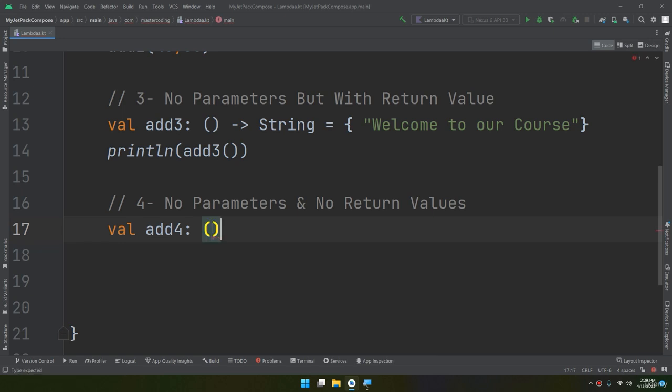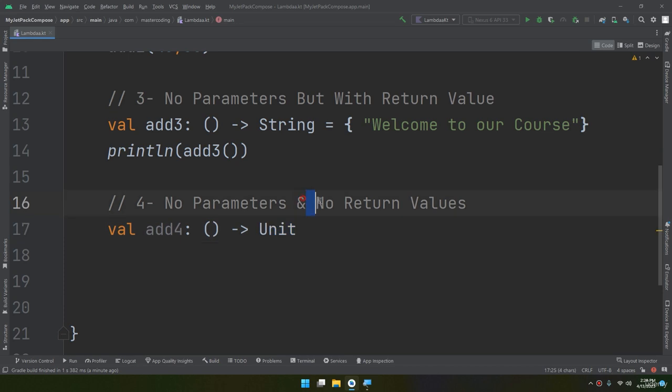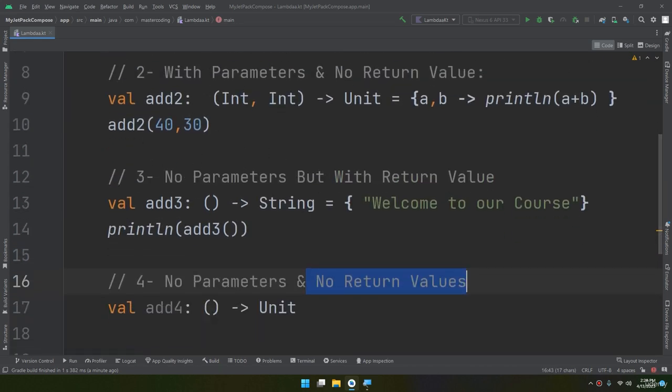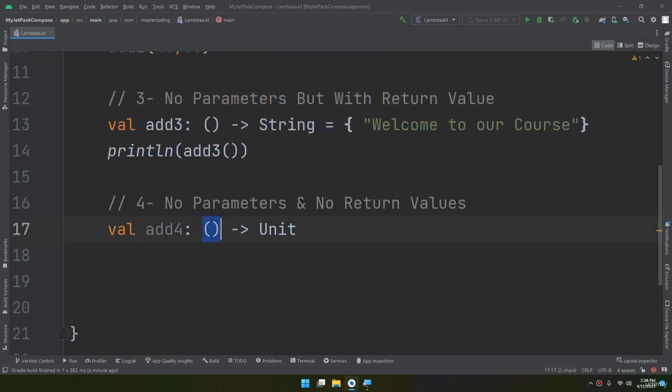This for no parameters, and this Unit for no returning values. So we can see that from the previous expressions, we learned that the empty parenthesis is for no parameters and the Unit keyword refers to no returning values, equal to